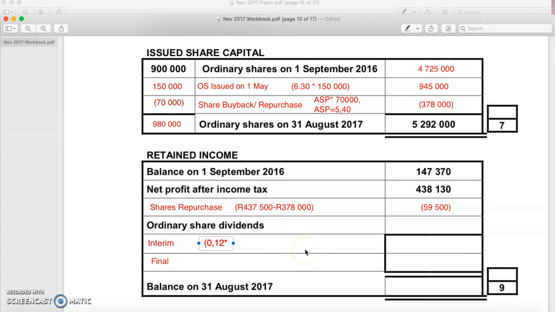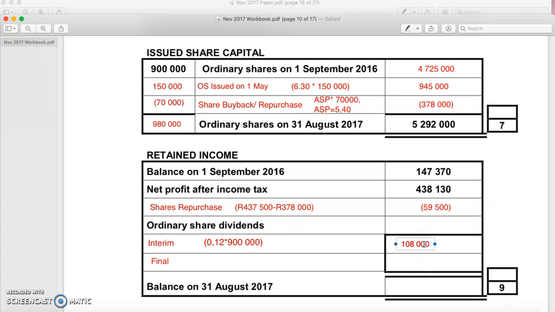Because it was on the 1st of February 2017, it has to be on 900,000 shares because this was before the 1st of May. We didn't have these in issue yet. So we need to use the old amount of 900,000 shares because that's how many were in issue at that point. And if you multiply that, you should get